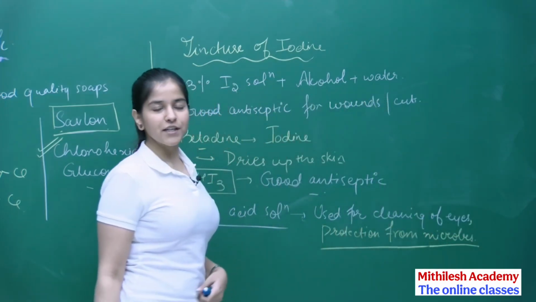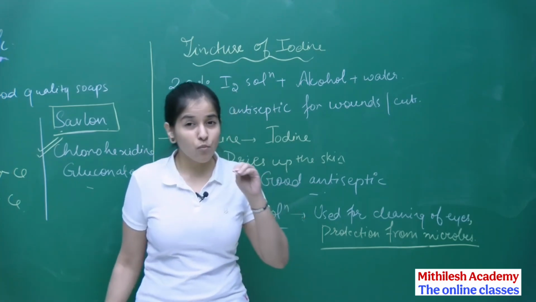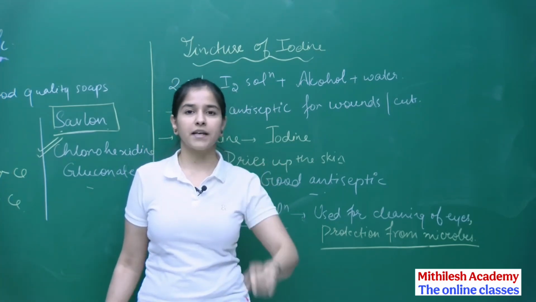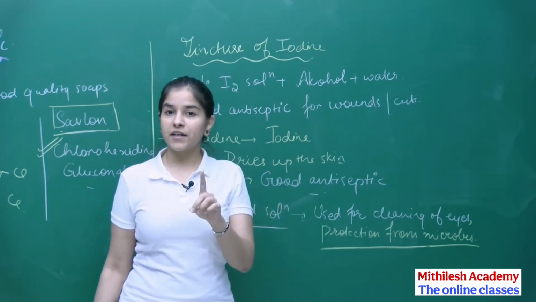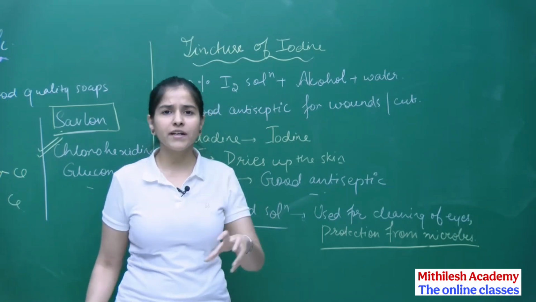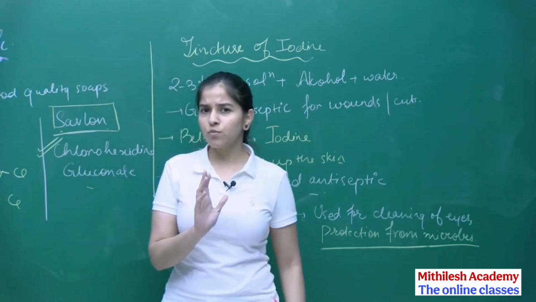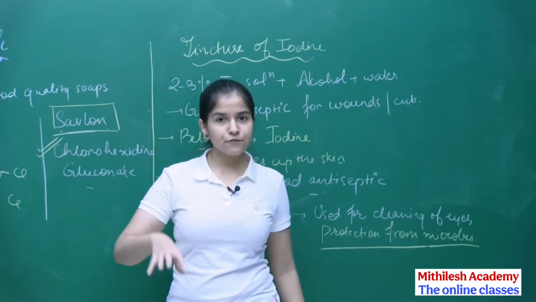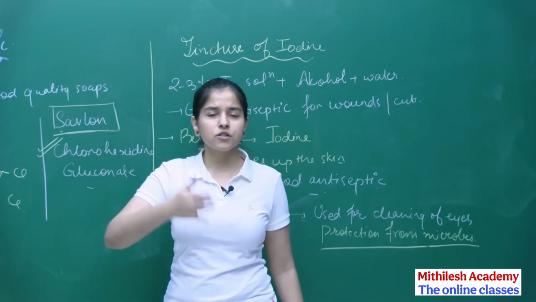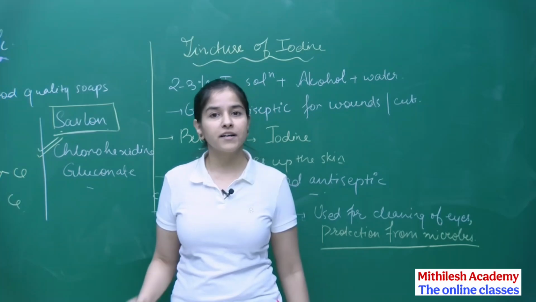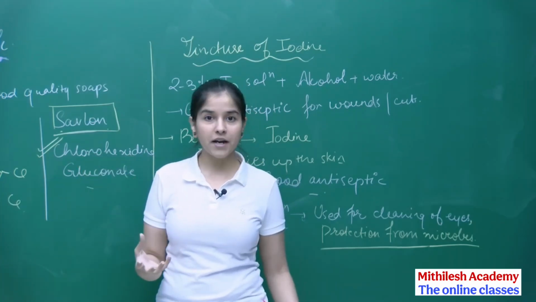So here I would like to tell you a very interesting fact. Which of the body parts is most infected within a second? Which is that body part that is mostly affected within a few minutes, or is prone to infection? Let's just assume one very important example. If there is a person standing beside you that is having cold or cough, what is the possibility that you will also get cold or cough at the same time? The possibility is there if that person is most of the time around you.